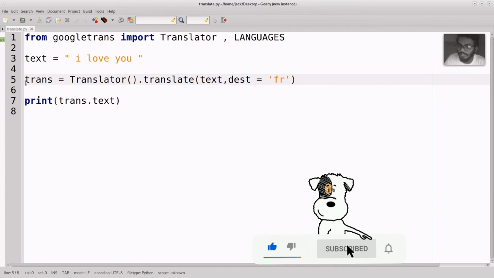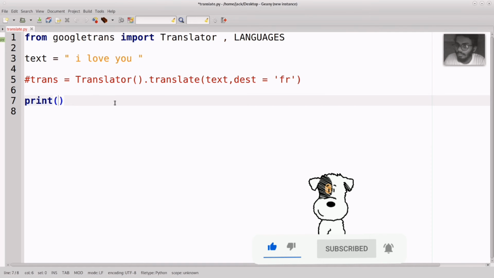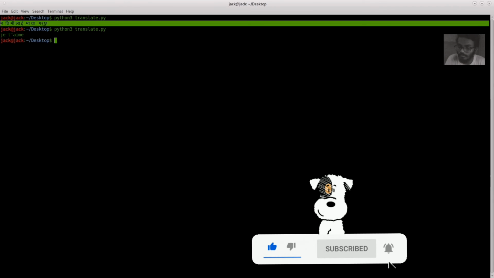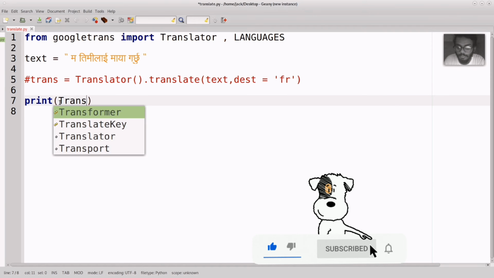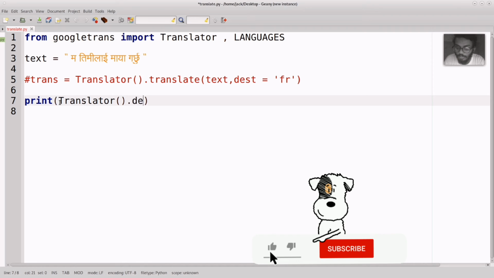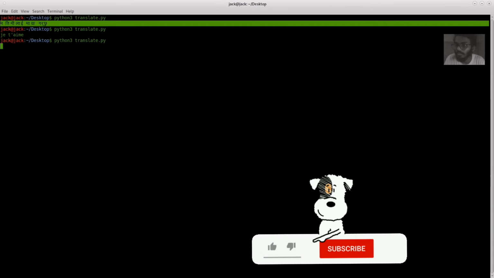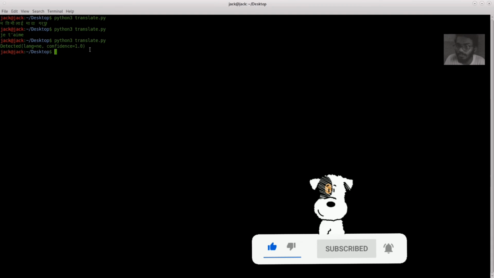So now not only translating things, we can detect the text directly. Okay, for better understanding I will just copy this text and in place of "I love you" I will paste this. Okay, so now we are going to detect in which language the text is. So translator dot detect and we are going to detect the text. And now let's run this. So you can see the detected language is NE, which means Nepali, and the confidence level is 1.0, which means